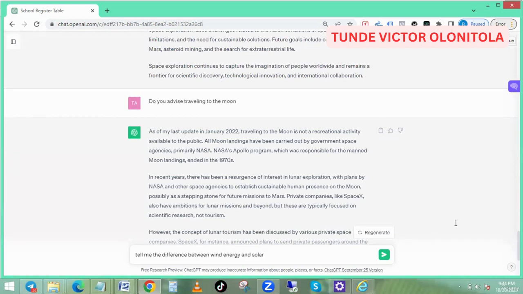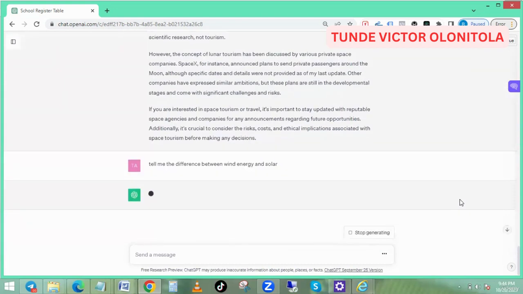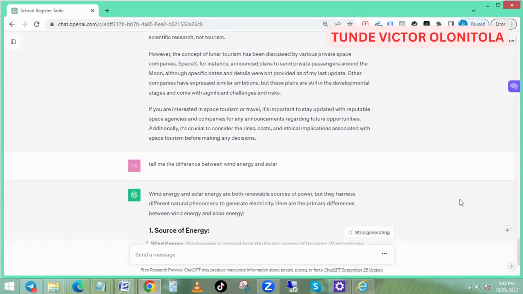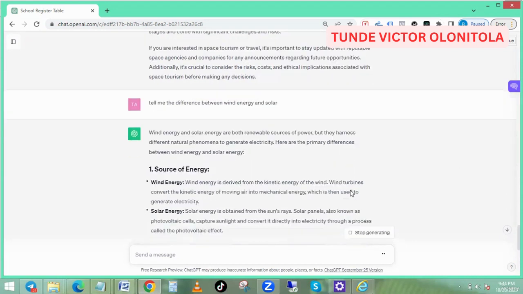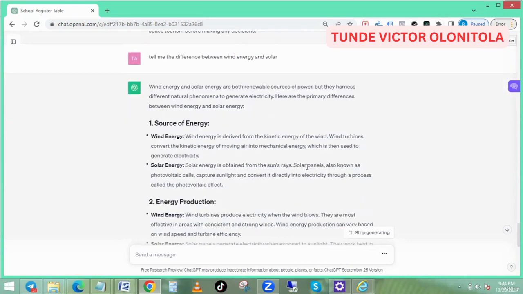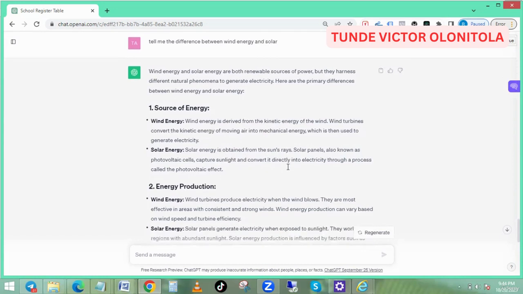You can add this kind of prompt. The prompt that I just typed is a comparison-based prompt. Can you see? It's already typing. Wind energy is derived from kinetic energy. Solar energy is obtained from the sun's rays. So this is what we call